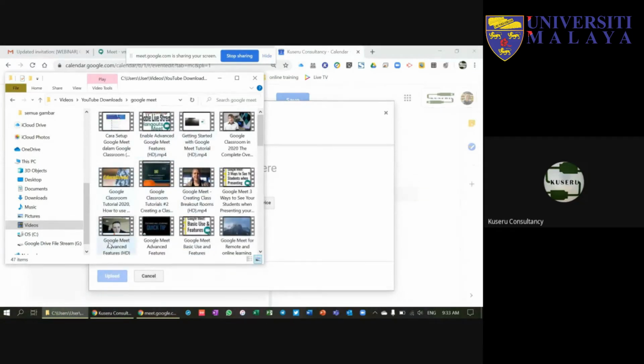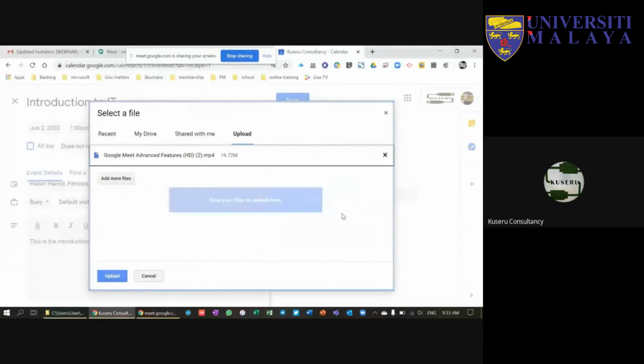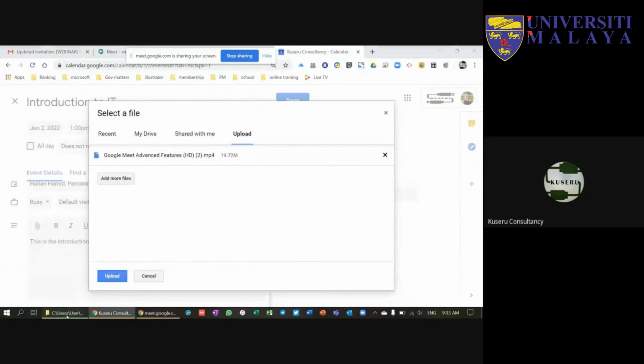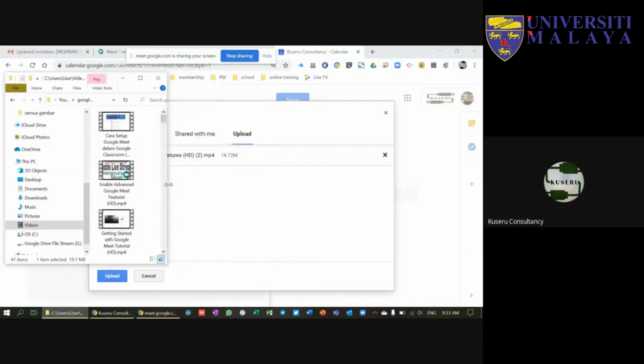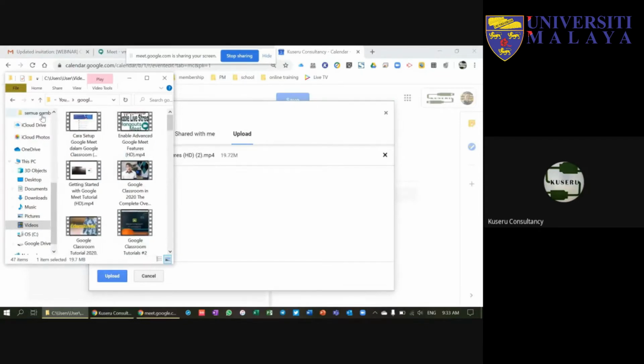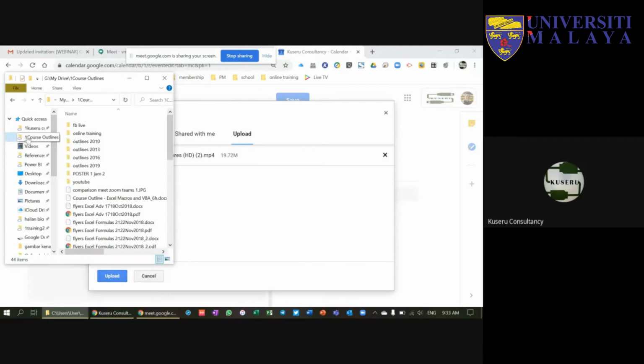Okay, how to drag and drop? I can just drag the file and drop it here. Okay, I think I have to reduce the size so that it's easier for you to see. Yeah. Okay. And if I want to get the PDF file, I can just go to any of the folder,